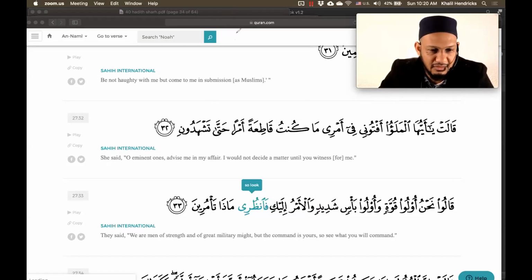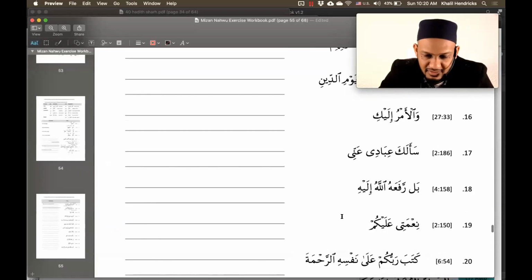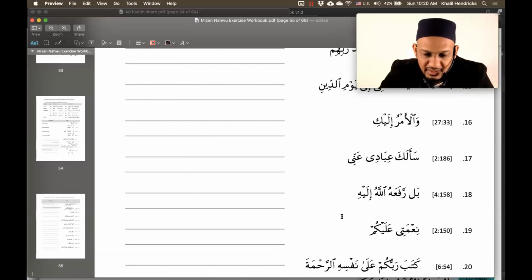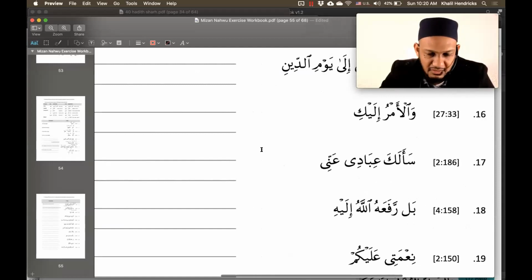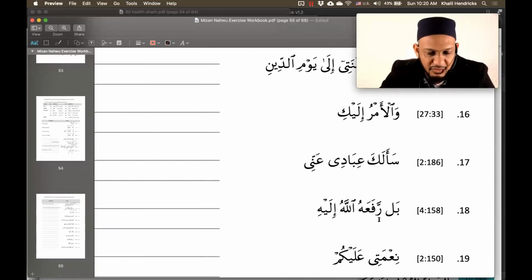Maulana, can we do number 18 as well, please? Okay, number 18. بَلْ رَفَعَهُ اللَّهُ إِلَيْهِ. This is referring to Nabi Isa alayhi salam. Allah speaks about his death. Allah says he wasn't crucified, bal, rather. So bal means rather, instead. Rafa'a means to raise. The ra has a shadda there because we bring the lam and the ra together, but you can ignore the shadda and just think of it as rafa'a. Rafa'a means raised. Rafa'ahu means raised him.